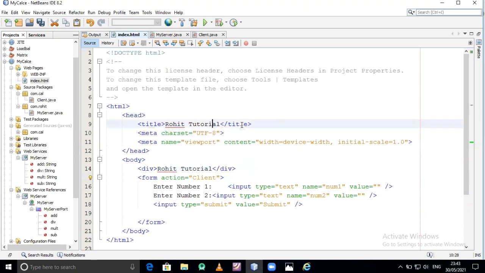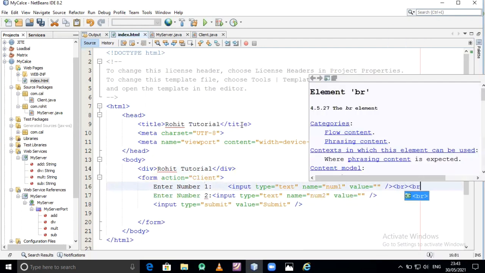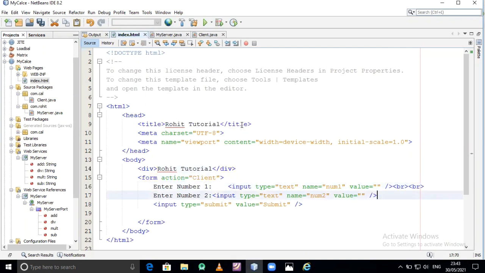This is nothing but the page name, and this is the actual heading. So enter the first number. After that I am just giving the break line 2 times, break line, suppose Rohit tutorial,